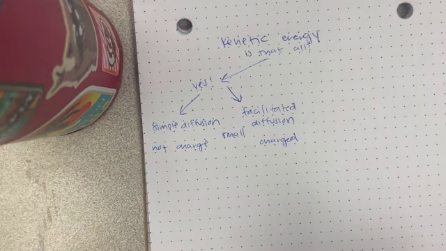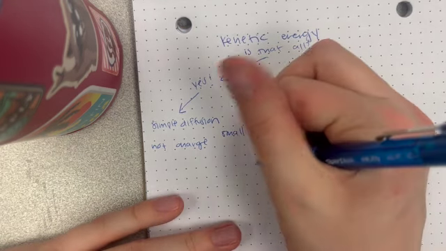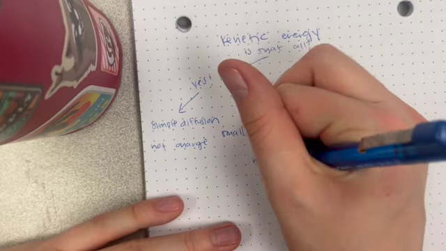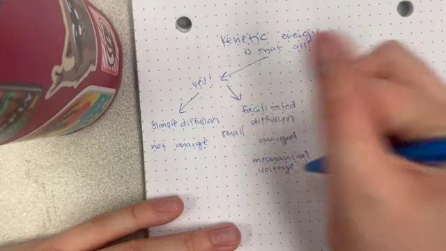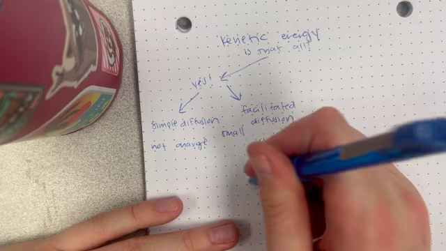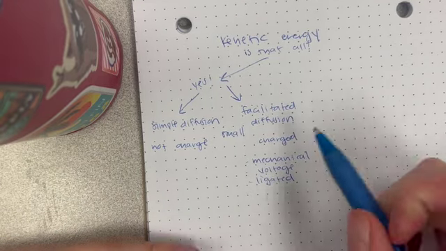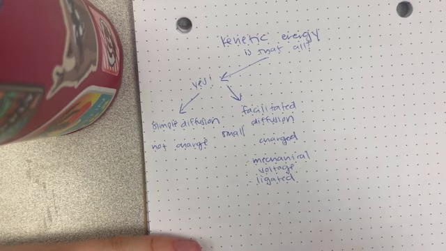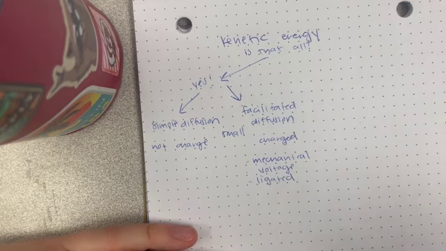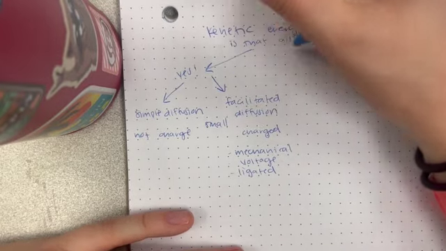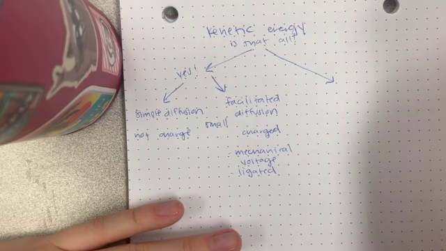So facilitated diffusion has protein mediators, and the most common of these are going to be mechanical channels, voltage channels, and then ligated channels. So all three of these things need different environments in order to open up or close, and this helps things move with their gradient. So that's going to be the biggest difference between simple and facilitated diffusion, versus primary and secondary diffusion. And so to answer the first question again, if that's no,